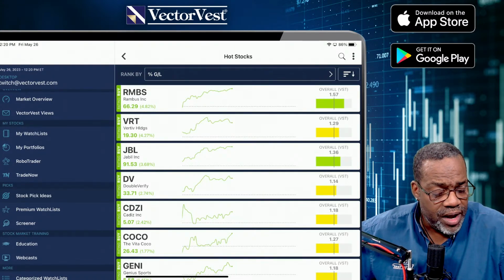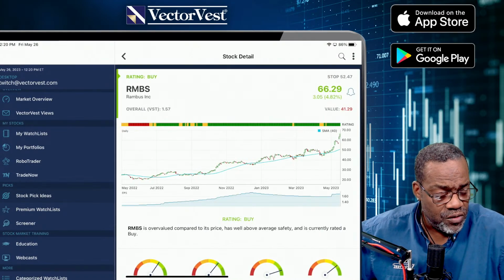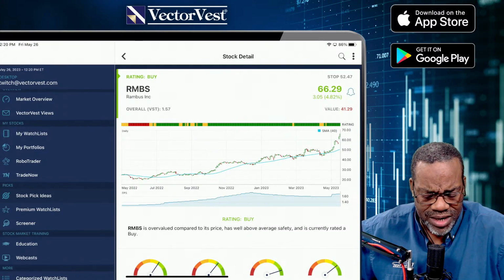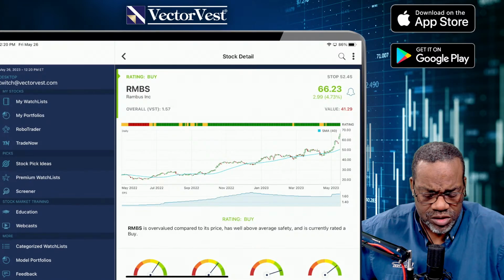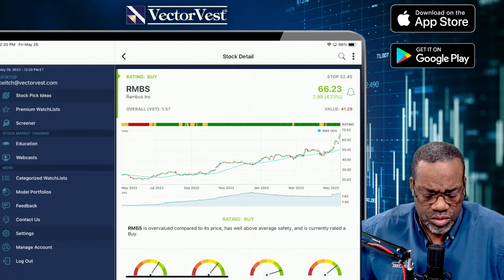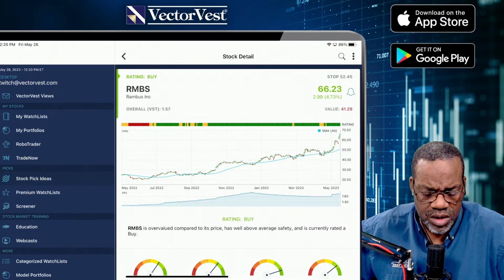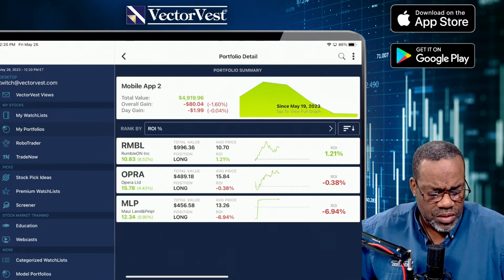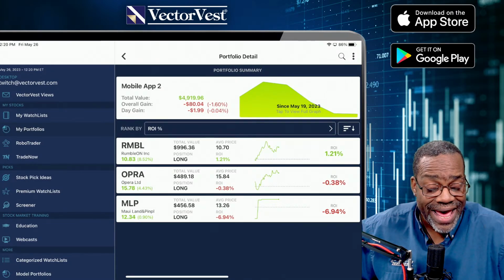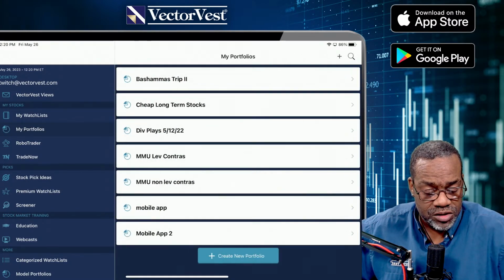RMBS is up today 4.82%. Let's go take a look at it. The VST is at 1.57. Look at that move. Now, am I not in that one already? Didn't I just get into that? Where's my portfolios? Let's go back to not model portfolios. I think I'm in that stock. RMBS, mobile app 2. No, I'm in RMBL. All right. So let's go back to